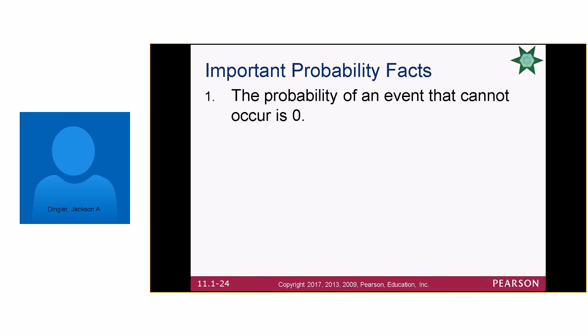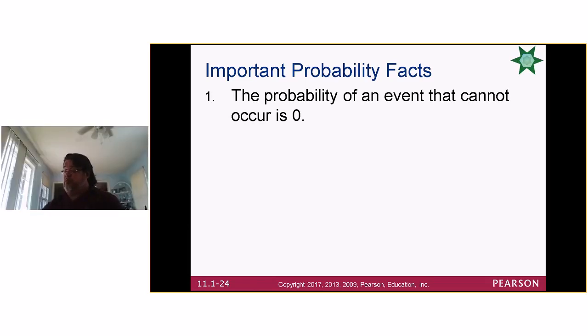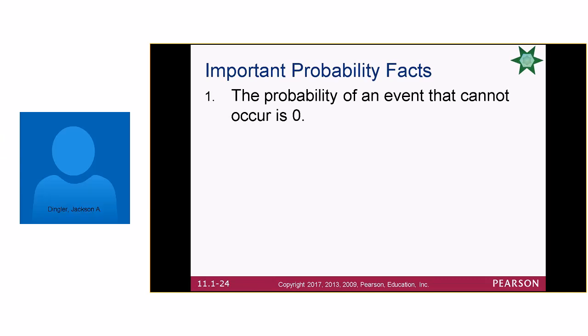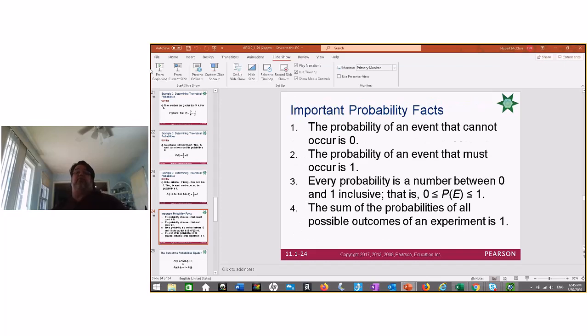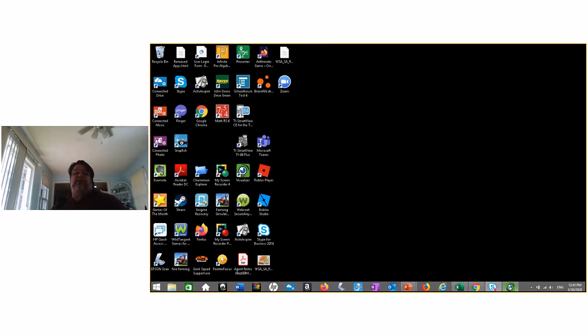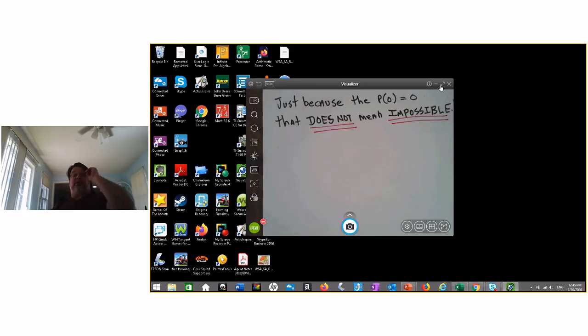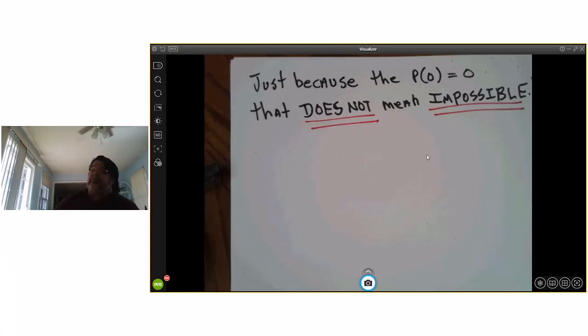Okay, I'm going to show you what I just wrote down. And it kind of goes with what this says. I just like to write it down to reiterate it, especially for a test. Just because something has a probability of 0, does that mean that it's impossible? No. One thing that people assume a lot of